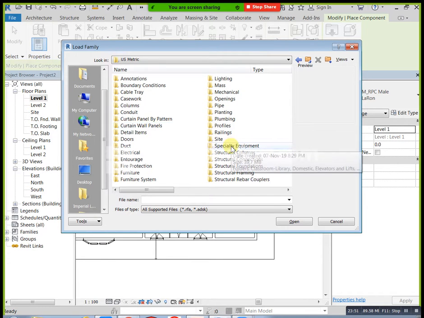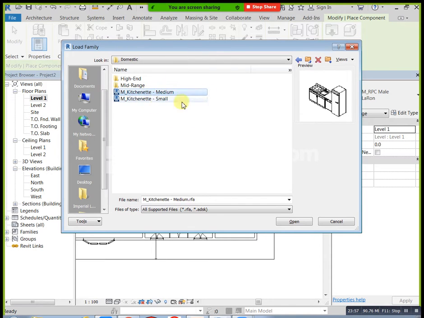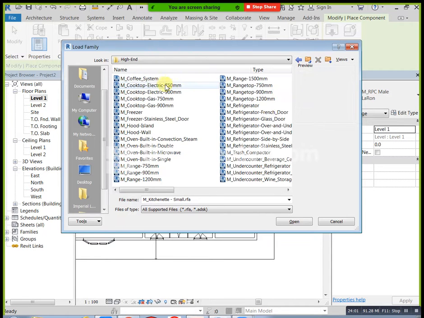Okay, refrigerator, like that. Which type you need? For example, I am placing directly. This is mid-range. Means for villas, in that condition we are using one type, and in normal condition we are using another type. Based on your requirement you can use this one. You can select this and place the medium kitchen.